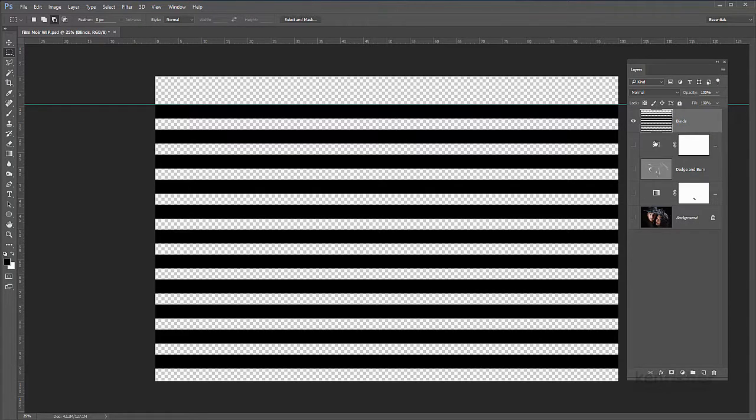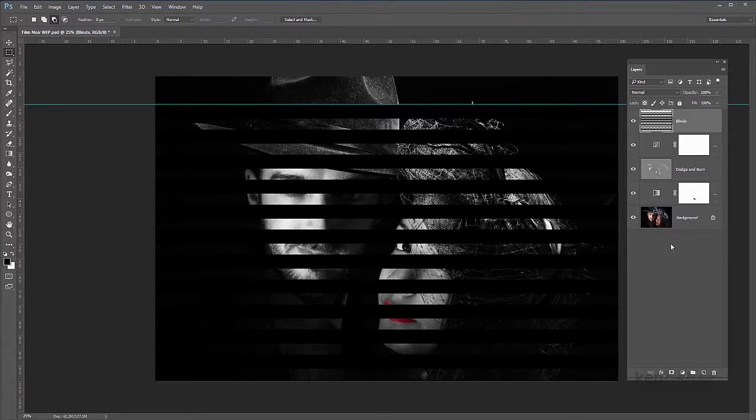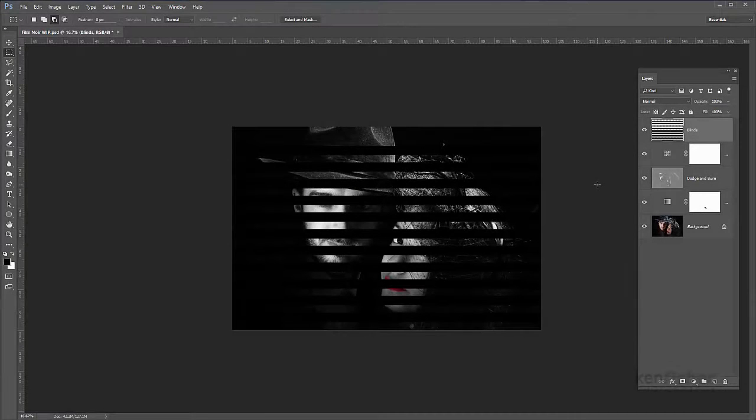And we're good to go. I can turn all the other layers back on just so we can see what this effect looks like as it is. Right, now step 9, what I want to do is transform this top layer, this blinds layer,